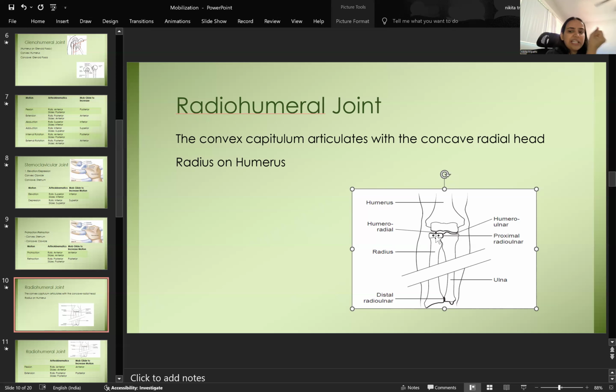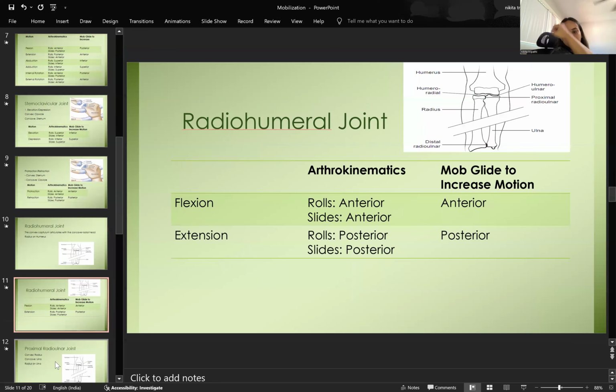So I'm doing elbow flexion. If the patient has limited elbow flexion, say only 100 degrees, and you want to increase the elbow flexion, then which glide should you give? Concave same. I'm moving my arm in the anterior direction like this. So I should give anterior glide, because I know the radial head is concave and is going to move on the convex surface. So with flexion, anterior; and with extension, the concave radius is moving in the posterior direction, so I give glide to the posterior,